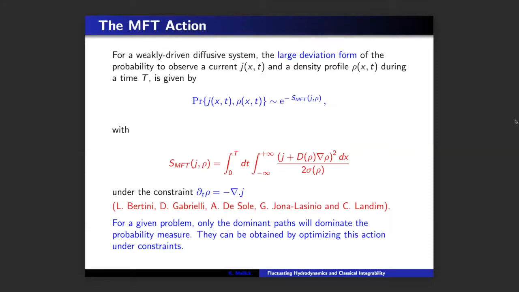But if you have a strong asymmetry, or TAZEP, which is totally asymmetric, it will not work. So you need to change this action. Now, you have this kind of large deviation a la Boltzmann principle. And suppose you want to solve some problem. I want to compute the probability to have a current like that, or doing something like that, or some density